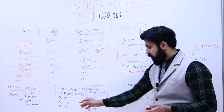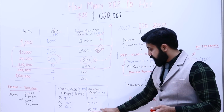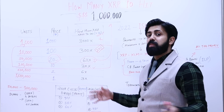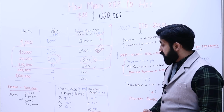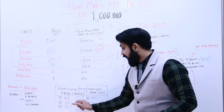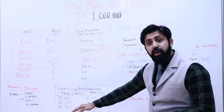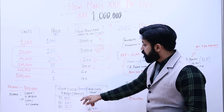Now, what you are looking at right now in the market is a huge drop. We are here, an 85% drop in this cycle. If you look at this particular cycle and the drops, first one, 65% in the March 2020 crash. We had another one, 76%, and then right now 85. Now go back to the last cycle: 95% drop, then 85% drop, then 60% drop. There are a lot of other 40-50% drops which I haven't considered. I've only looked at about 60. Those are huge corrections. With that, you still hit